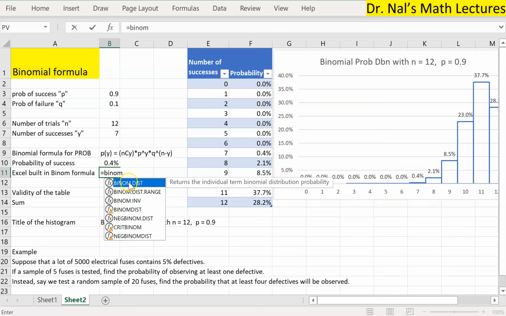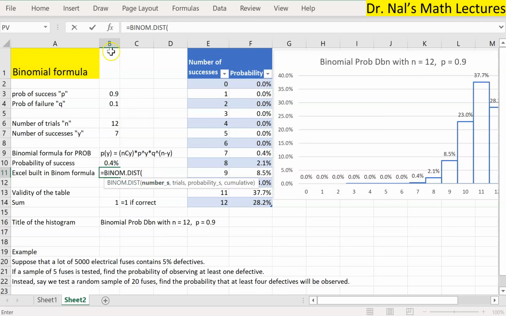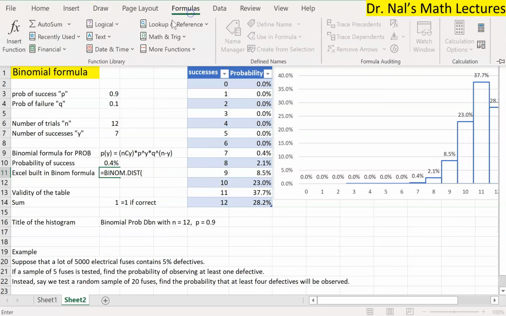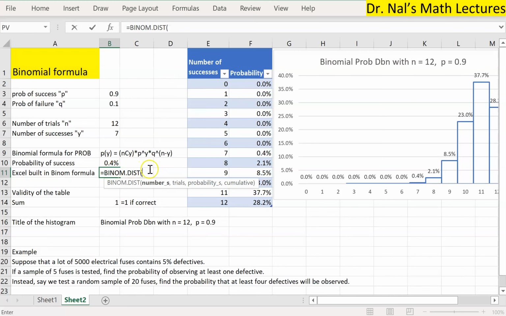So I will use Binom.DIST, double click. Or alternatively, we could have gone directly to the formulas and from the maths, we should be able to find the same formula. But anyhow, going back to here, Binom.DIST, number of successes, this number, number of trials, this number, and